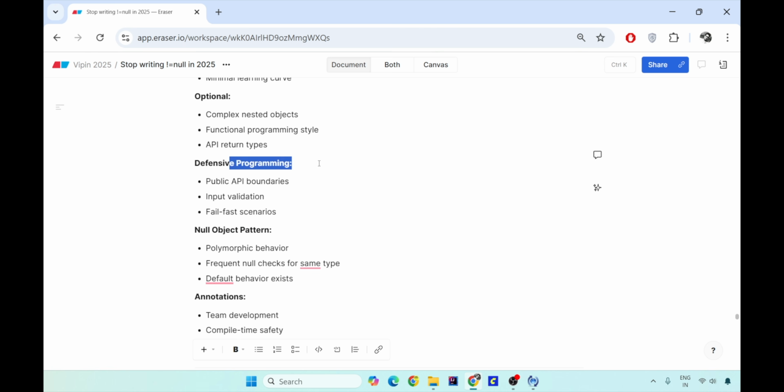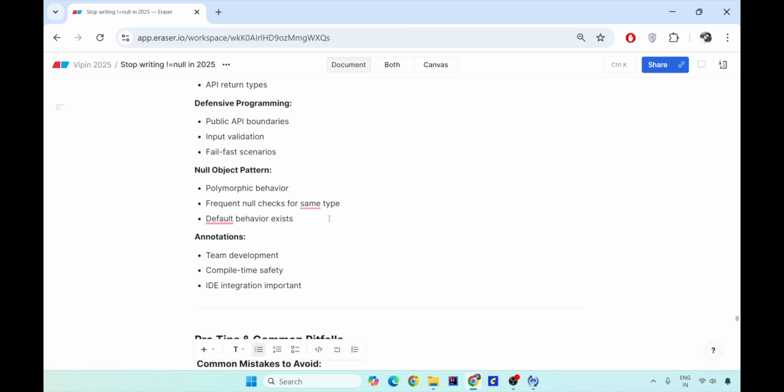But if there is no such scenario of defensive programming, you can handle the nulls, and you have too much default behavior in the system. For example, if the user is not found, register that user by giving a default email ID, default read-only permissions to the system, and sending an email notification that you are now registered properly. Rather than giving a login email, you give the registration email. Then this null object pattern is very much useful.